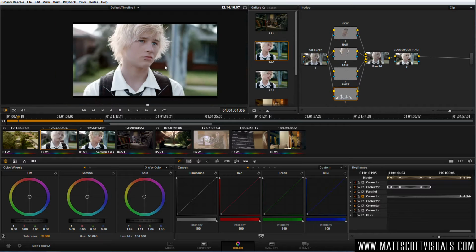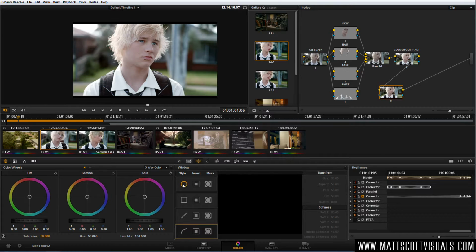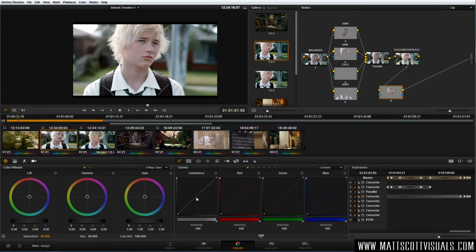Now, what if I wanted to affect everything outside of a selection? The way DaVinci works is it's really powerful. Let me just demonstrate with a single node here. So I've just added a new node, and I'm just going to add a mask here. So here's a mask. Now, if I made that dark just by dropping a curve in there, you can see that the inside of the mask is dark. But what if I wanted to maintain that correction,